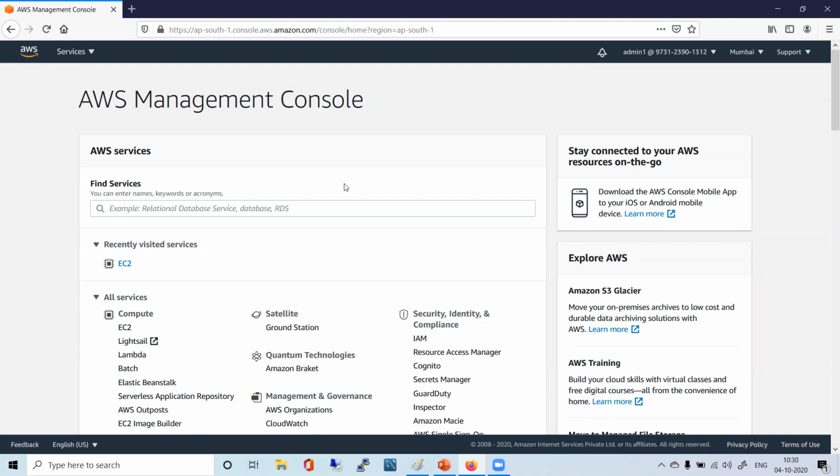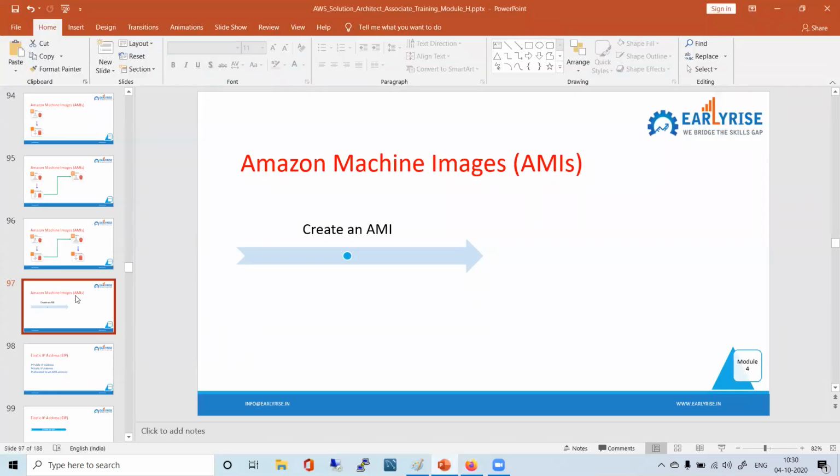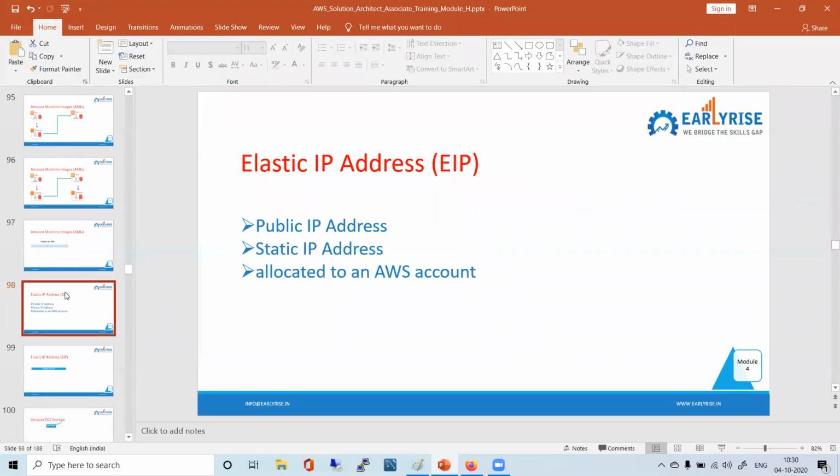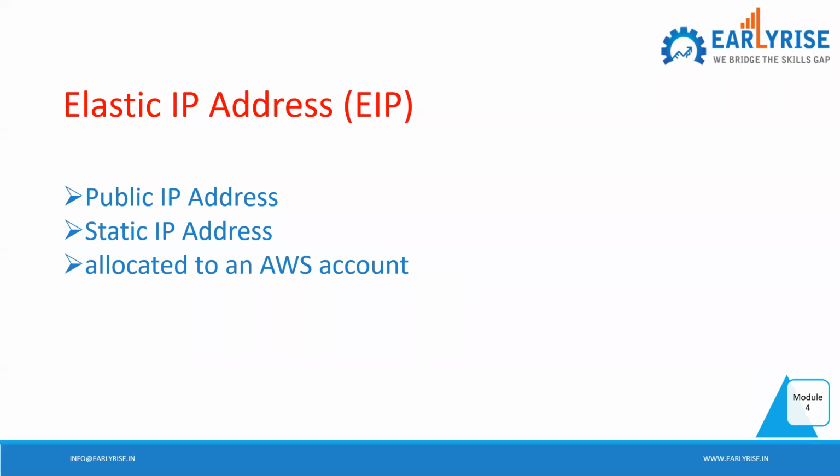So now that you all should be in EC2, we have one important topic that is called Elastic IP address. So far we all have been using, and you have been asking me right from the very beginning, what do I do? What do I do?